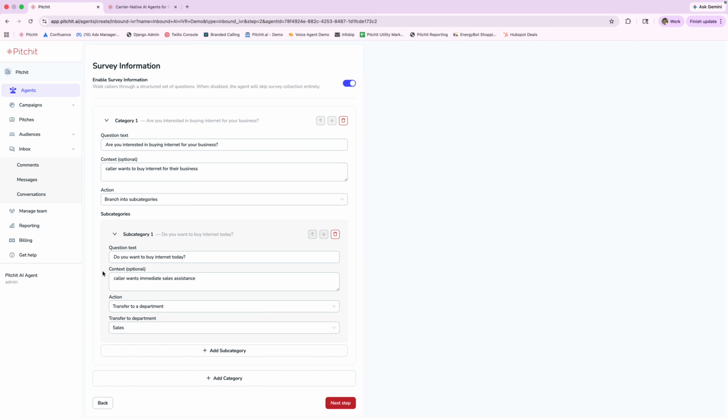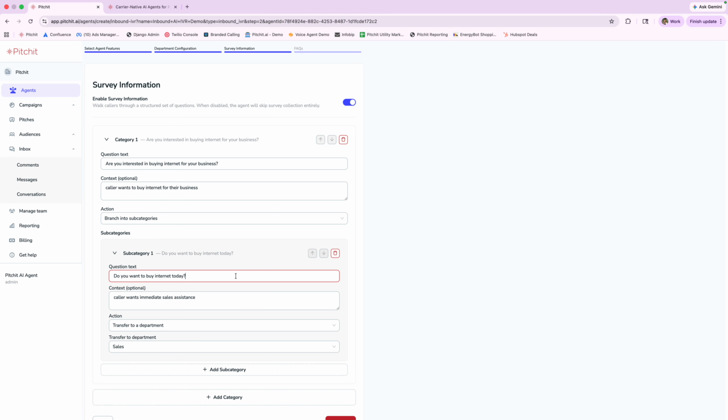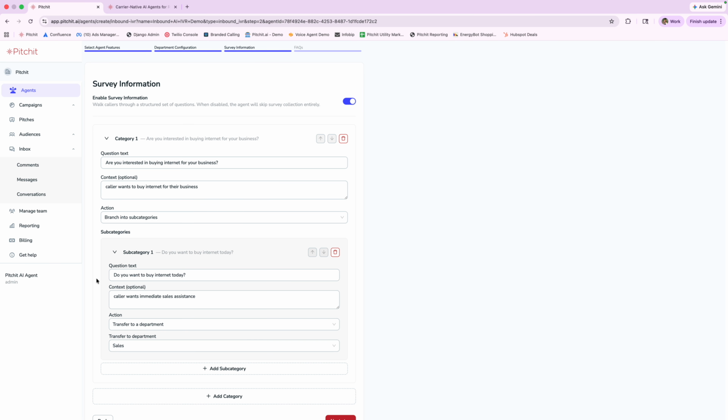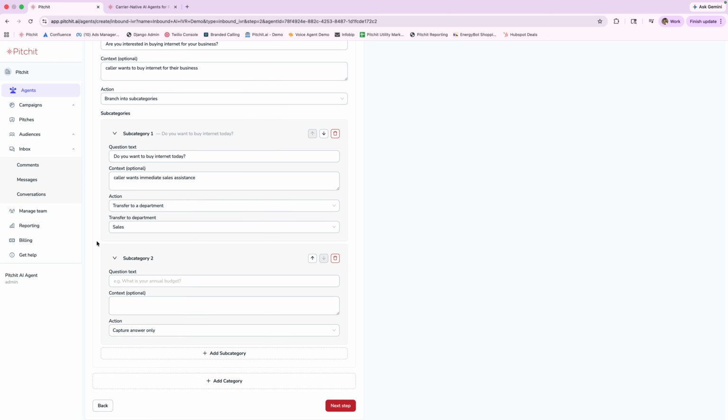So what we've done here is we've identified that the caller wants internet for their business and they want it today. So they're a very hot lead. So we need to send them immediately to the sales department. There's a lot of ways you can do this. You can add a whole bunch of other subcategories before transferring, and you can make the first one just capture